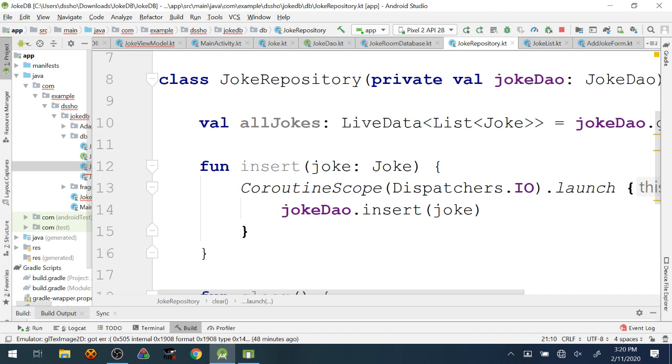So each layer of abstraction that I go up can't really see anything other than the layers that are right next to it. Does that make sense? The repository is talking to the view model and it's talking down to the database, but it doesn't really know what the database is doing. That's not its role. It just knows how to contact the database. The view model knows that the repository exists and has ways of accessing data, but it doesn't know that the repository is talking to the database object to get that data, right? And it doesn't need to. It just wants to get the data. Does that help? Yeah. I hope.